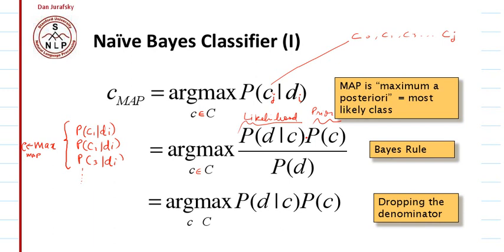This is p of di given cj, this is p of cj, and this is p of di. The same thing will be done for all these probabilities. So it will be p of di given c1 dot p of c1 divided by p of di. Then for the next probability we use p of di given c2 dot p of c2 divided